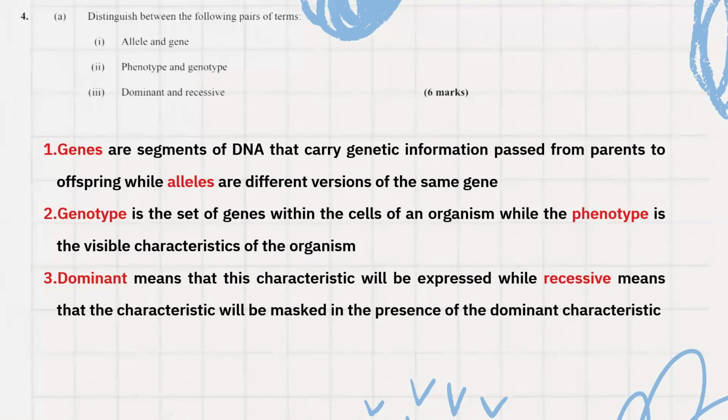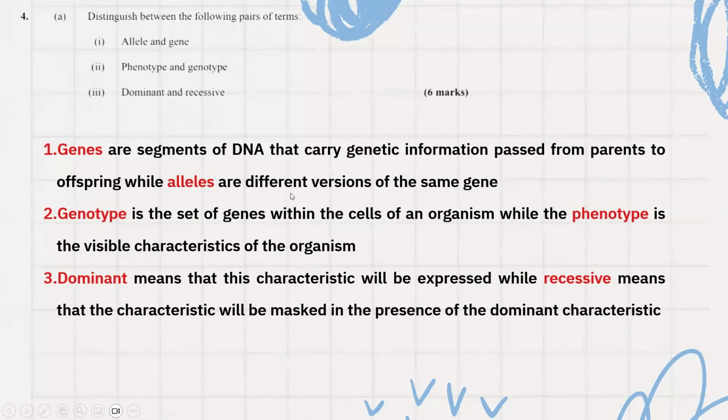These answers are basically model answers. Your answer does not have to have this exact wording, but you want to make sure that you have specific key points in your definitions, because that is what carries the mark. It's 6 marks, 1 mark for each definition. Very simple. The first thing, genes are segments of DNA that carry genetic information passed from parents to offspring,